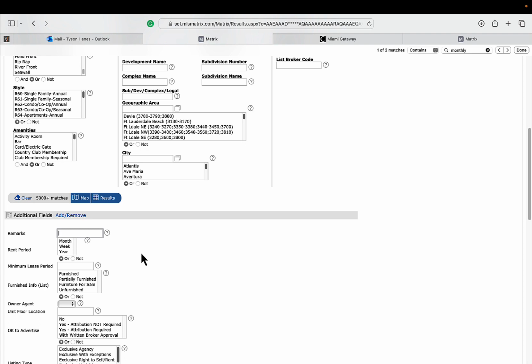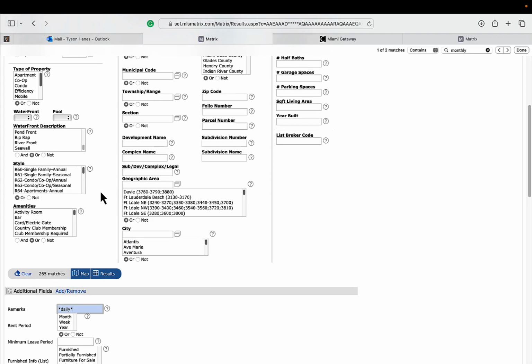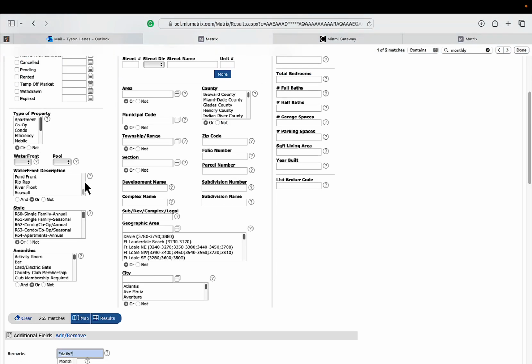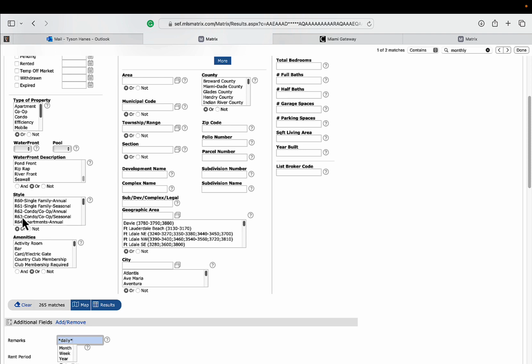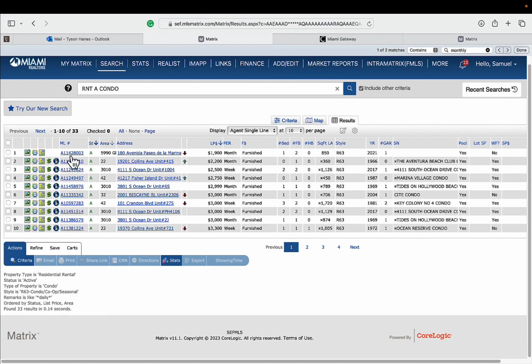So from there, the best thing to do is to go ahead and put an asterisk, type in daily, put an asterisk, and then from there you can select the area that you want. For example, we'll narrow it down by selecting condo co-op seasonal, type of property condo, bringing us a total of 33 matches. Let's click on results, look at the first listing,